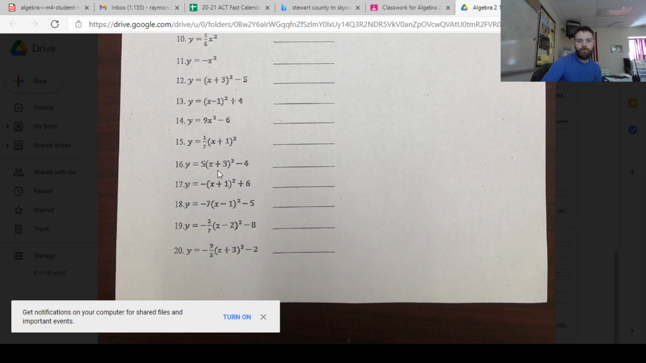But if you take a look here, there's a 5 on the outside, so that's a vertical stretch by a factor of 5. X plus 3 quantity squared, that plus 3 on the inside of the parentheses is going to shift it left 3 units. And then the negative 4 on the outside is going to shift it down 4 units. So it's left 3, down 4, and then it's going to be stretched. And if you take a look at 17, just by looking at it, there's a negative on the outside, just like 11. So 11 and 17, it's going to reflect over the axis, and then it's shifted